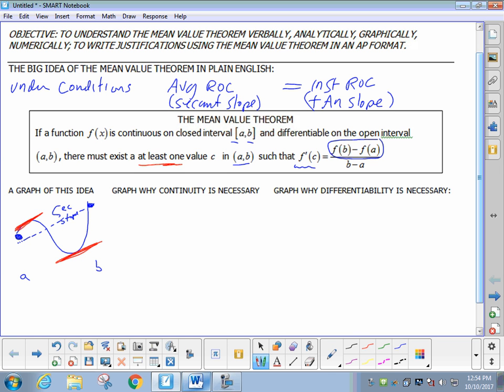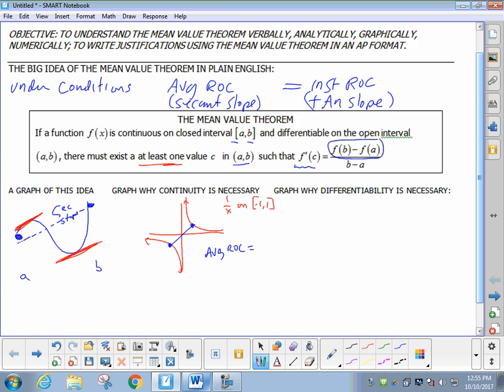All right, let's also draw a doodle or two to show why continuity is necessary. Say you had ye old, let's do a vertical asymptote, infinite discontinuity. Say you had 1 over x. And you were talking about it on the interval -1 to 1. Okay? It's got a closed interval. It's all good. It's differentiable at a lot of places. The average rate of change, here's -1 and here's 1. The average rate of change is